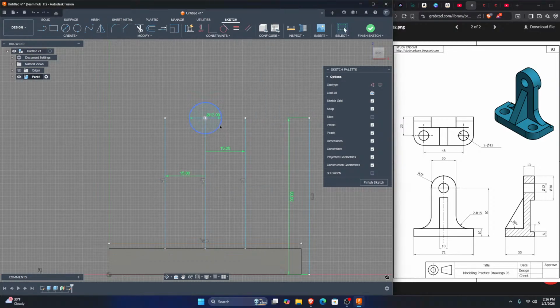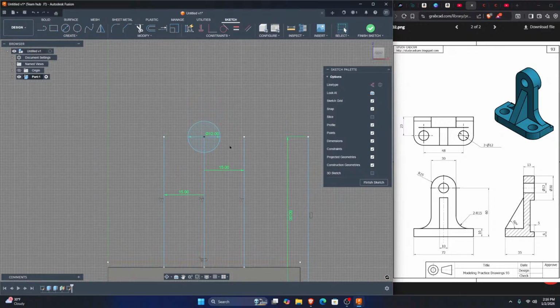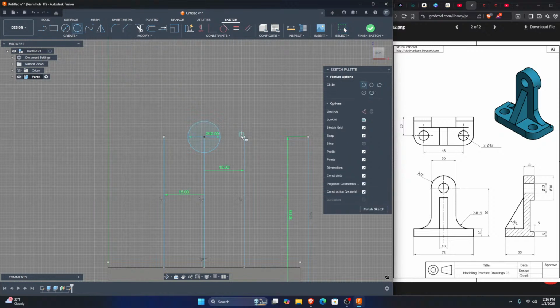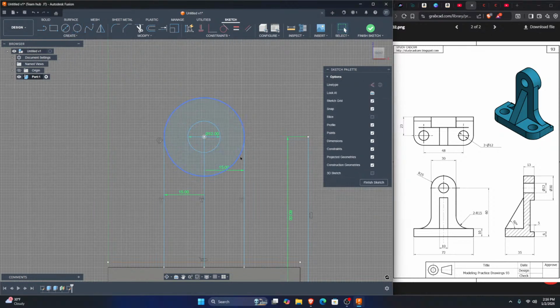Okay, so that will get our circle there. Our radius of 15, so our diameter would be 30. I'm just going to grab a 2-point circle and connect it from here to there, and that will give us our circular